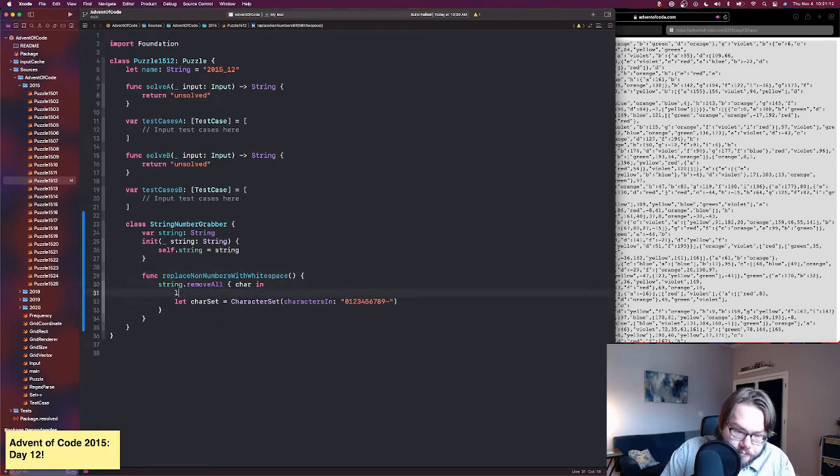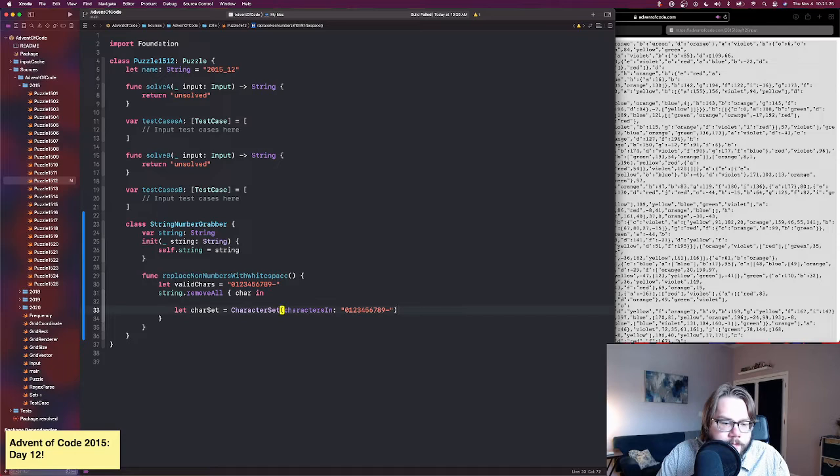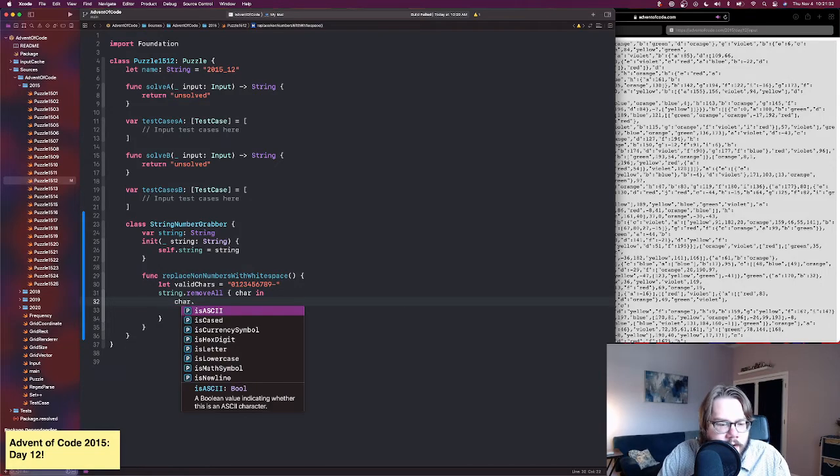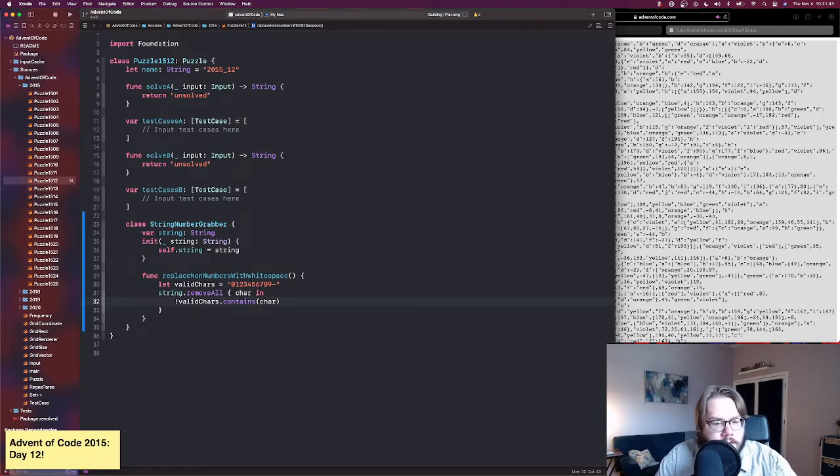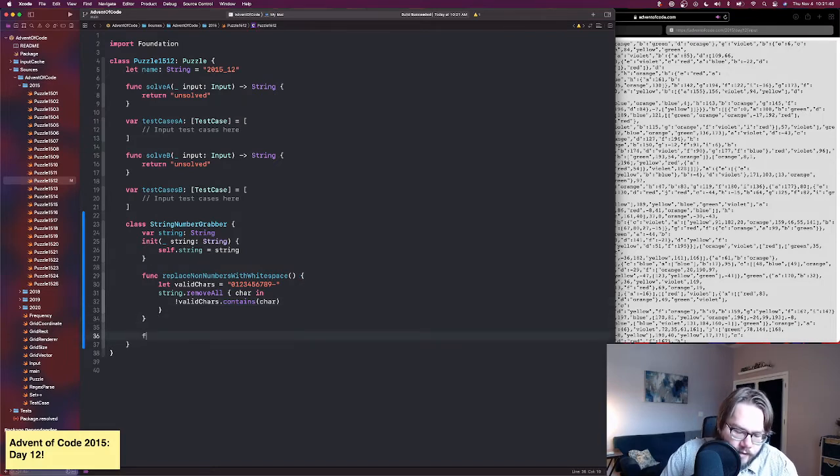Okay, so the valid characters is this. And we're going to do remove all. I'm supposed to return a Boolean, right? Char dot, or no, valid chars dot contains char. So if it is not, right? If the char is not in there, then we remove it from the thing. Okay, so we're going to do func